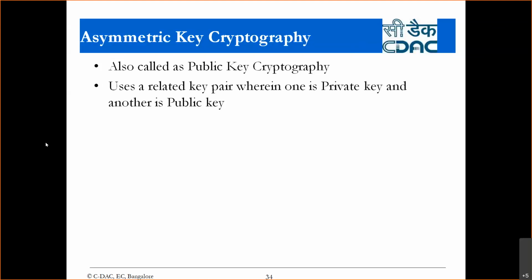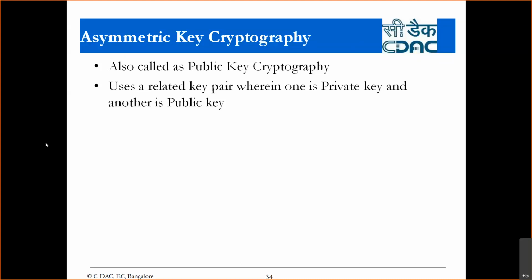Two keys are there. Mostly you look at the camera also, because here I have to show you the differences in these keys. Now what this particular technology says is that if there are two keys, one is for locking, the second for unlocking. It is not that one key is for locking as well as unlocking. That was symmetric key cryptography. But here it is asymmetric key. Asymmetric means different keys are there. The locking key is different from the unlocking key.